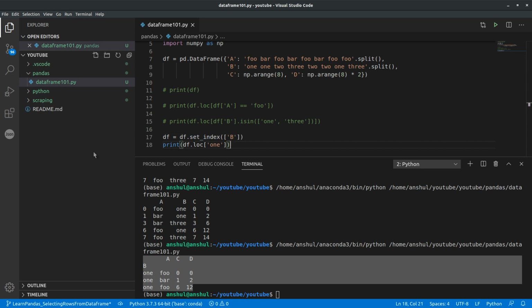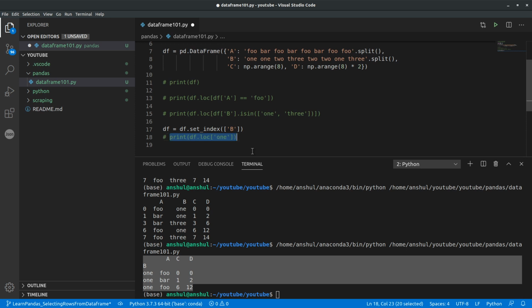Then let's say you want to include multiple indexes, in the same way that we did earlier. So we'll say print loc, same thing that we did. You will use the isin function, but this time because it's an index column, we'll say index dot isin, and then we'll simply keep the same values 1 comma 3.